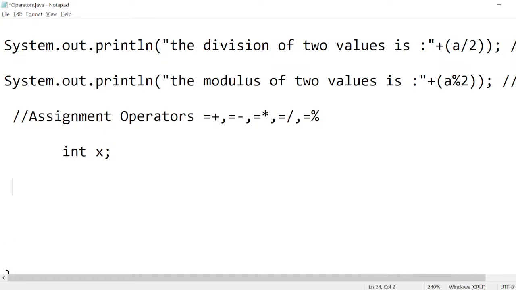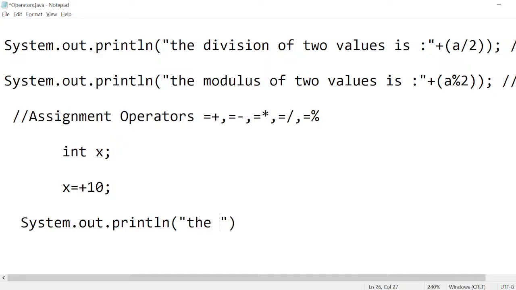If I want to assign the value, x plus equals, I assign the value 10. Now if I would like to print, System.out.println, and here I would like to mention the value of x. The value of x is